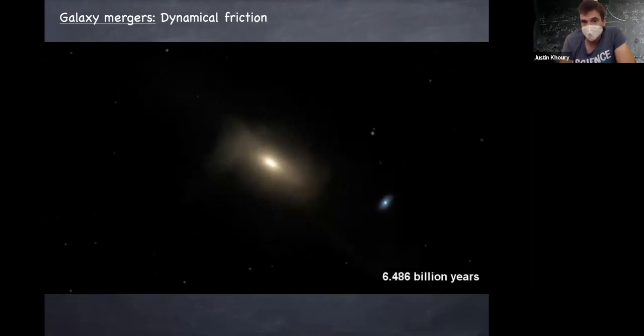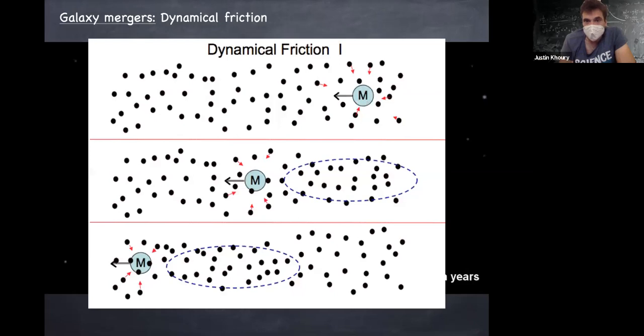So what is dynamical friction? Dynamical friction is the following simple fact: if I take a body moving through a gas of particles with the only interactions being gravity between them, then as this massive body passes through, it attracts particles in the medium, and thereby creates an overdense region in its wake, which therefore acts to pull it back. So it's simply this rearrangement of the medium particles which results in the body effectively experiencing a friction force, even though, of course, gravity is fundamentally conservative. So it's sort of an entropic force.